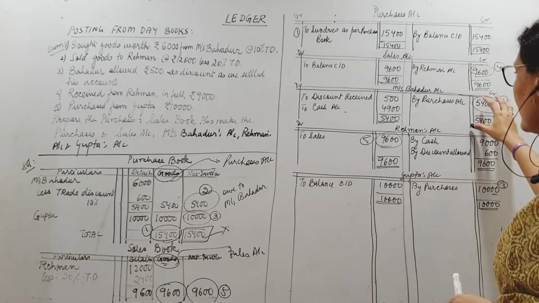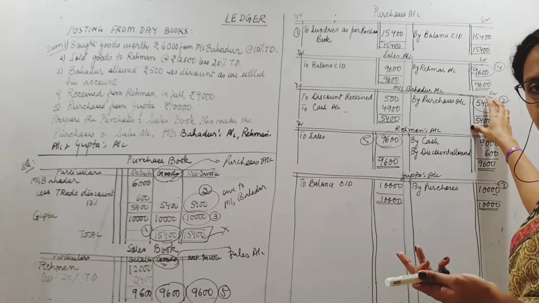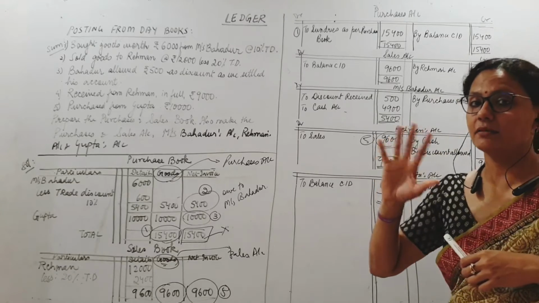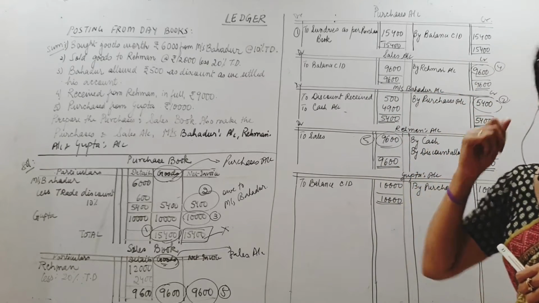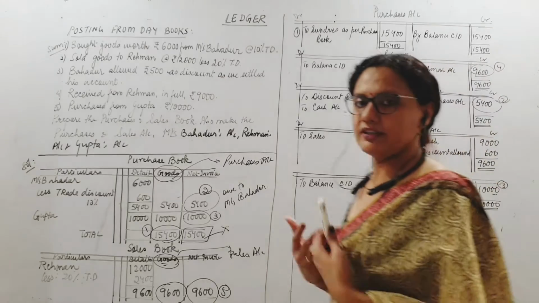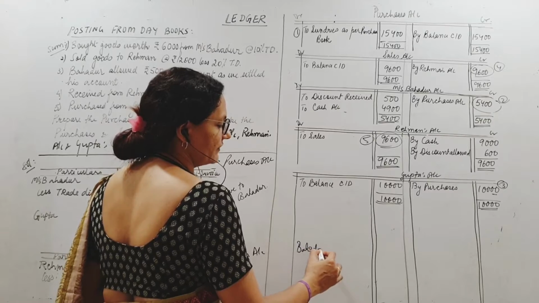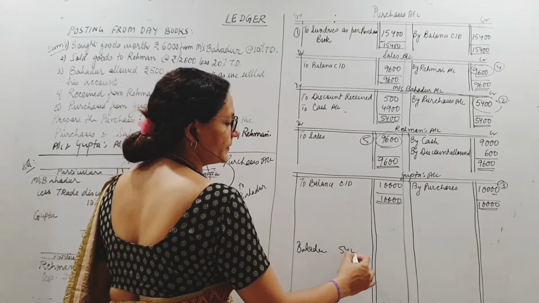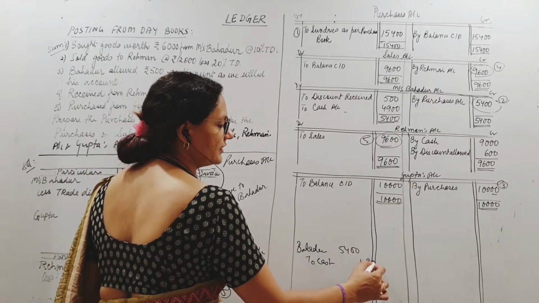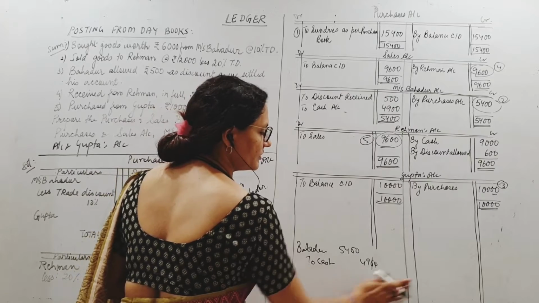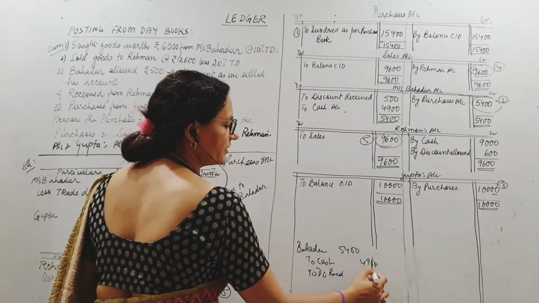Okay. So 5,400 pay करना है. 500 he is giving me discount, so I will not pay that. How much will I pay? Only the remaining amount. Meaning 5,400 minus 500, 4,900 I will pay. So if I talk about journal, what is the journal entry for that? I will pay Bahadur. So I will debit Bahadur. Total amount because I am settling his account. I will pay only 4,900, right? I will pay only 4,900 and the remaining is discount received 500.